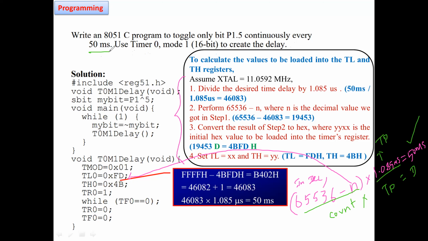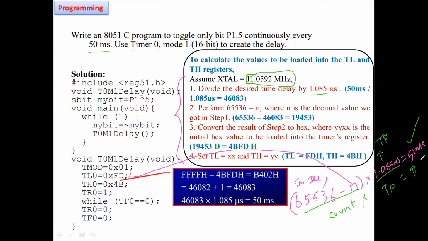I have a formula with me. I know the time period. Since we are assuming this crystal frequency, this is the time period. If the frequency changes, automatically divide by 12, and then take the inverse of that frequency. That will provide the time period. So here the count.